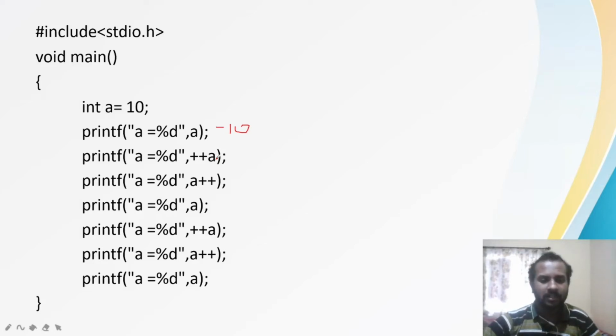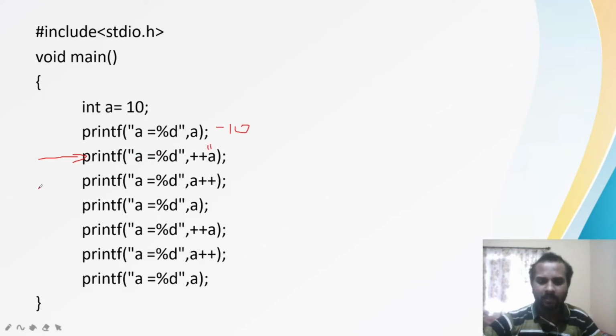As I already mentioned, before the execution of the statement, the incrementation is done. So before the execution of this statement, the incrementation will be done. 10 was there, so 10 plus 1 will be 11. So 11 will get printed.